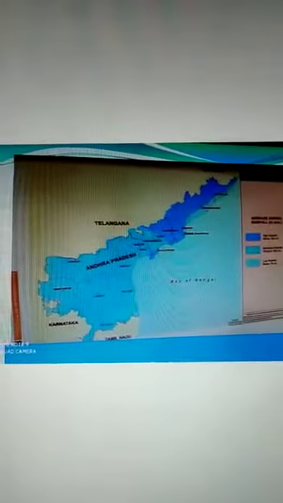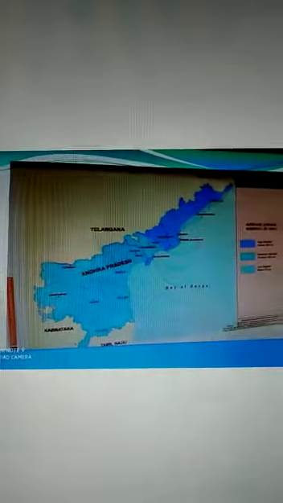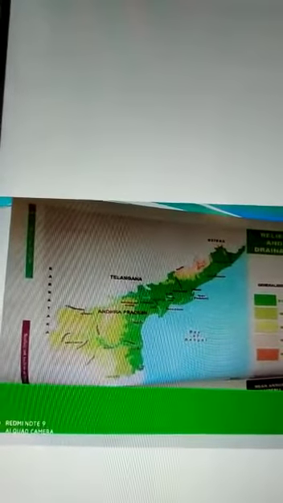Different soils are shown. This is rainfall in AP. Highest rainfall, moderate rainfall and lowest rainfall are shown in this map. And this is the relief features of AP map. Plains, plateaus and hills are shown in this map.